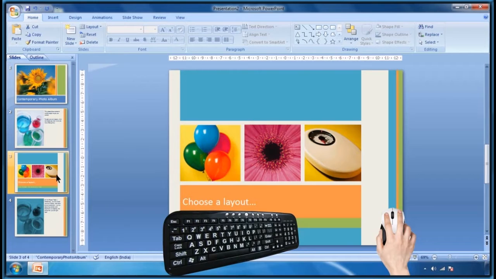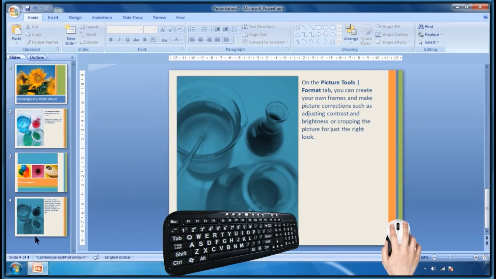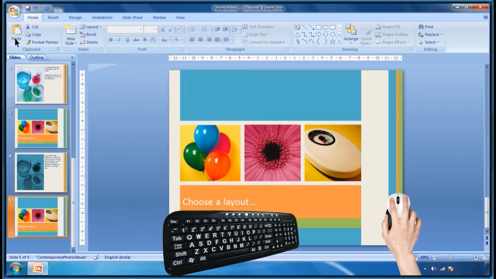Click on Copy command. Then selected slide copied and ready to paste. I am choosing this place to paste this slide here. See, the selected slide copied here.